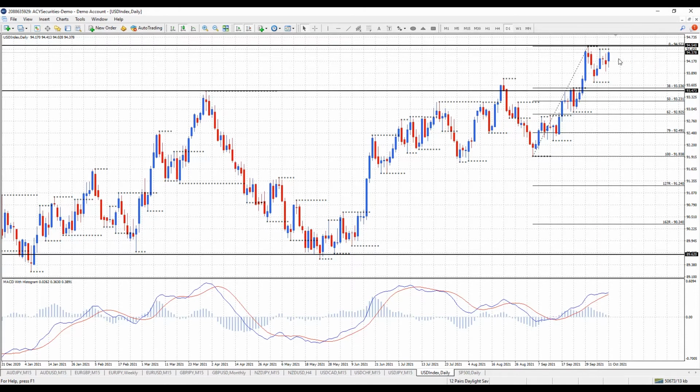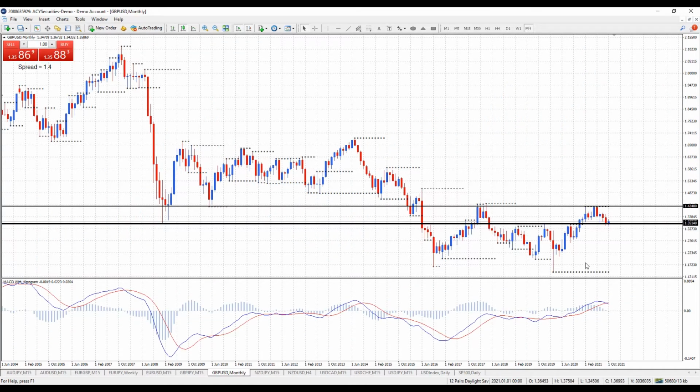It's at resistance, so we may see some consolidation or pullback in the short term before potentially the trend continues up. Time will tell. Now if the trend continues up, that's US dollar positive, so any pairs to the US dollar would be potentially getting weaker and moving down, so bear that in mind as we get into the pound US dollar. Okay,